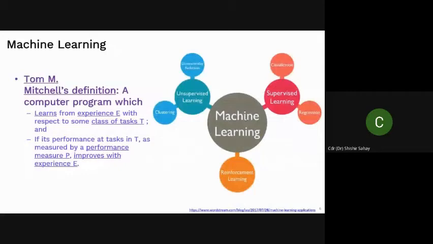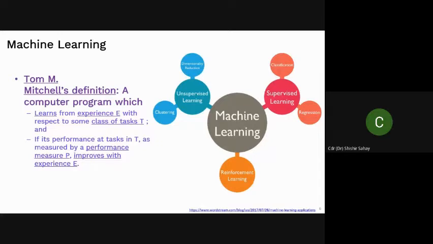Some scientists have even attempted, you all must be knowing about it, to define machine learning. And it's a very common definition which says that there is a task T, right? There is an experience E, and every task has a performance measure, is it not? Okay, I'm trying to make a pot. How circular is it? How beautiful is it? Blah, blah, blah. So there is a performance measure on every task. And here he